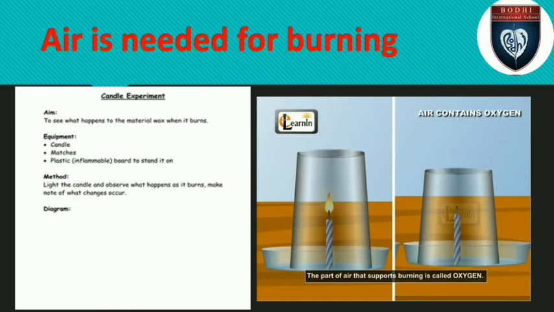Take candles and place them on a table. Light them and see them burning. Put a glass over one of the candles. What do we observe? We will see the flame of the candle covered with the glass will go out after